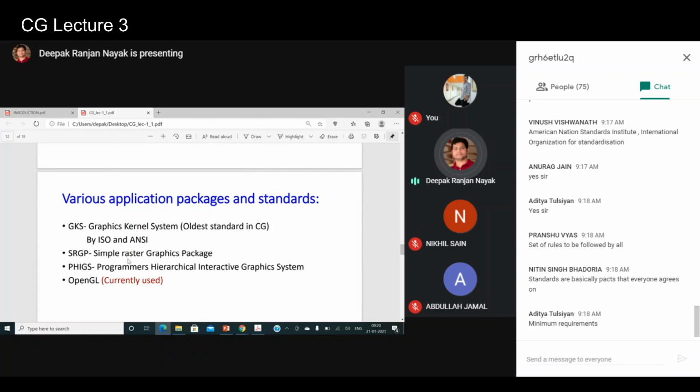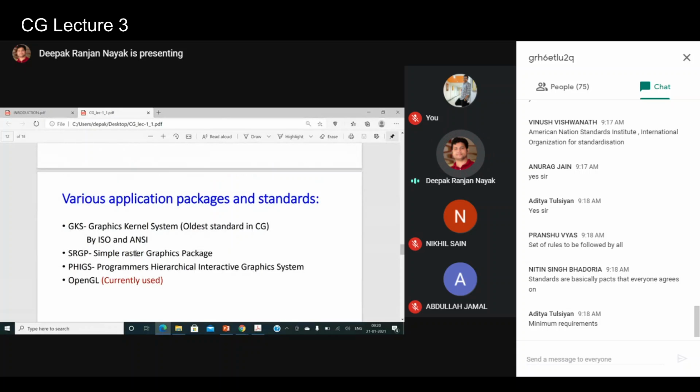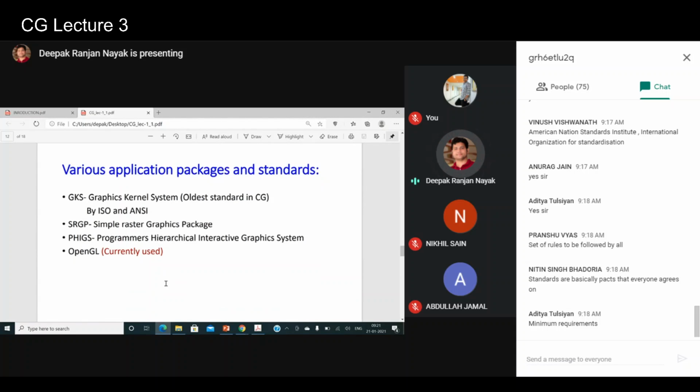This is all standard, as I mentioned. And OpenGL is still used in industries and in academics as well. The job is to simply load the packages into the system, and then there will be functions. You all know what a package is. If you load it, you can use some of the functions to draw pictures, right? So OpenGL is one of the most famous graphics libraries we generally use.